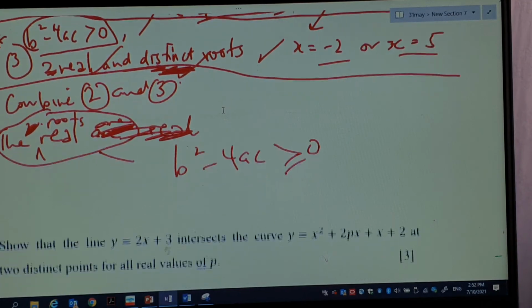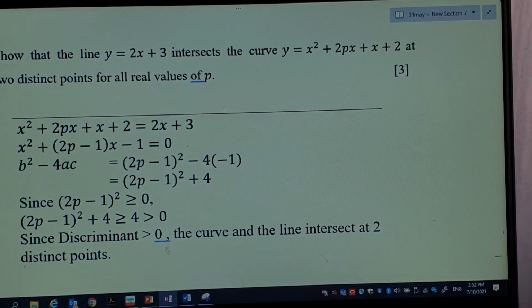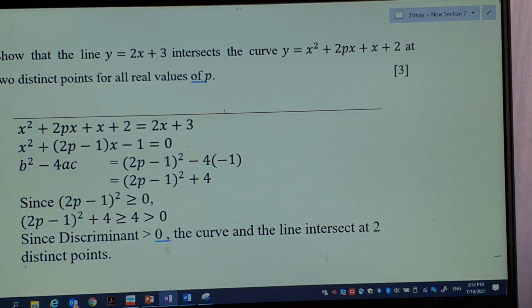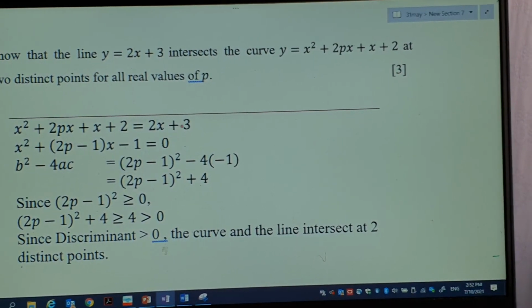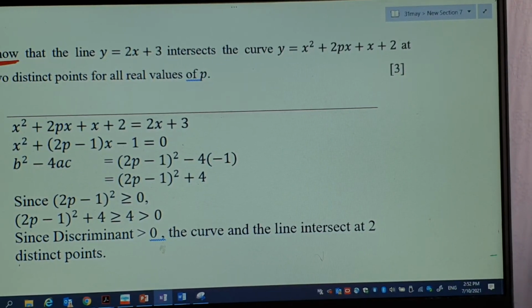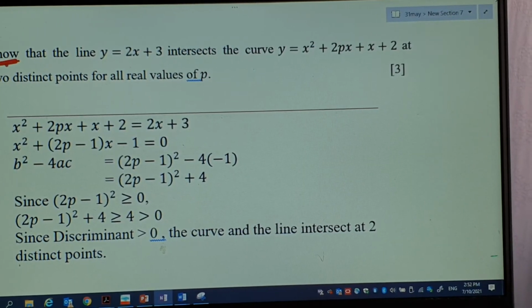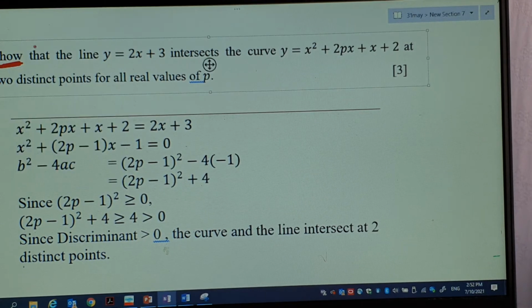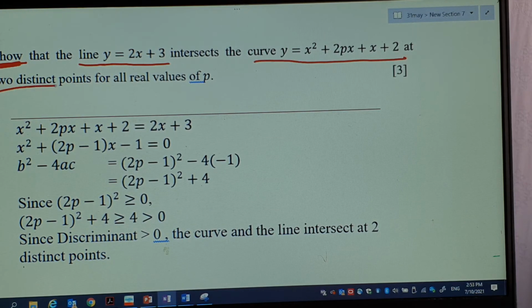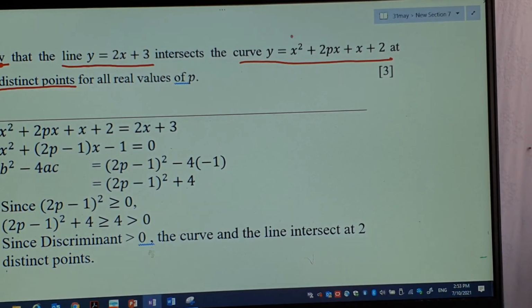Okay, that is all for the basic concept. Alright. We are going to do a real question now. Show. In this case, they are not asking you for the range of values. They're asking you to show that this line cuts or intersects the curve at 2 distinct points for all real values of p. So what they're trying to ask you to do is